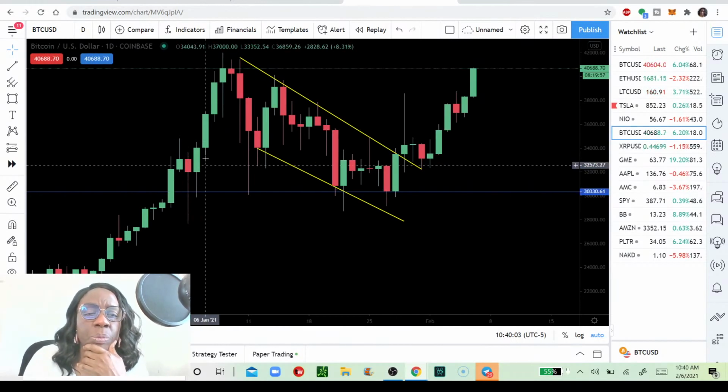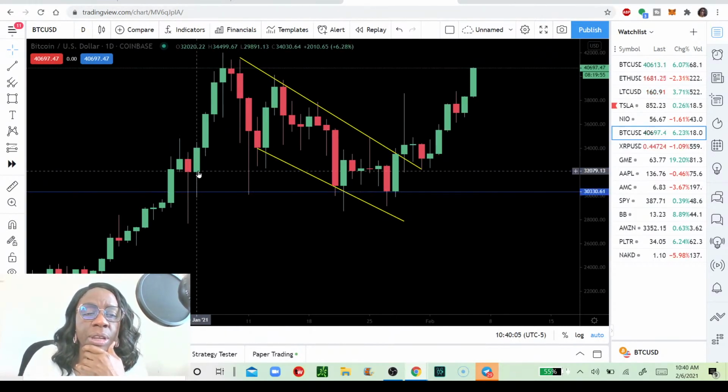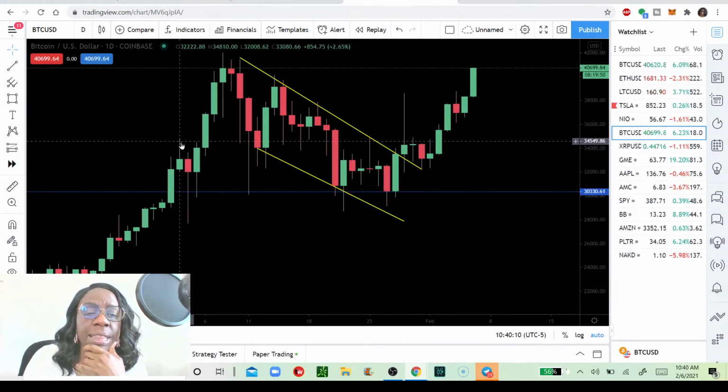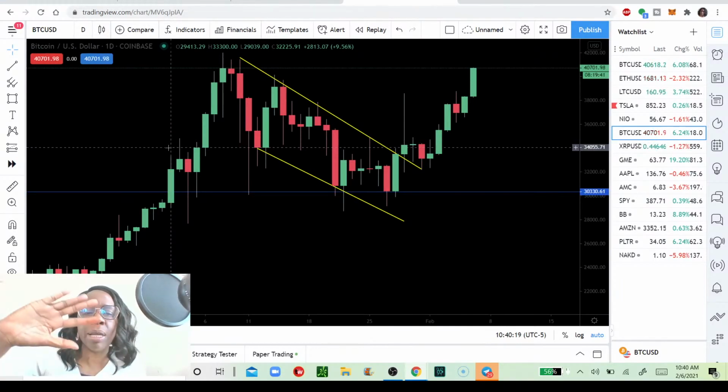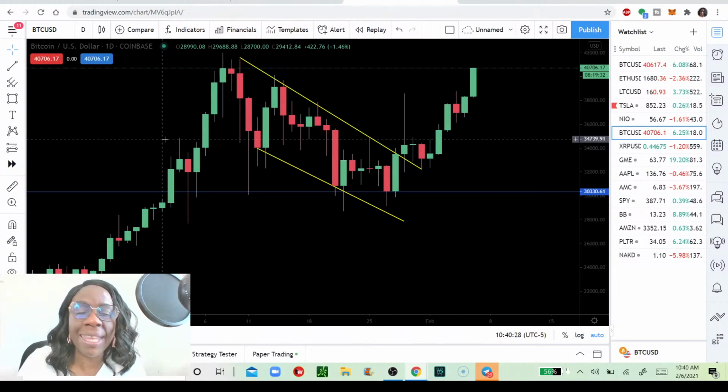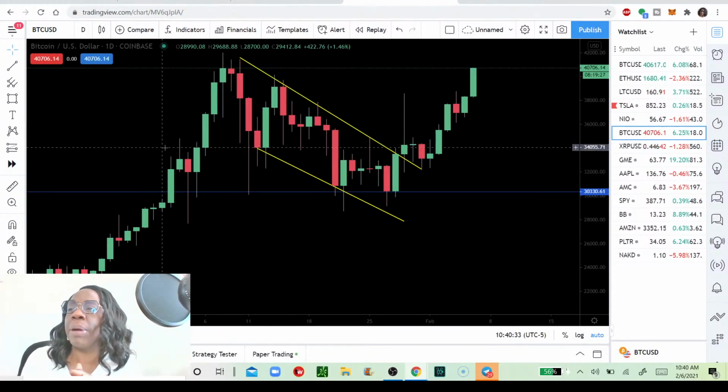Because if we look at these bullish candlesticks, if I enter the trade at this point, because guys, bear in mind at this point where I have this horizontal dotted white line, the candlestick was a big green rectangular candlestick. But what happened is within the period of a day, price got to the top and then it retraced, it came back. If I buy at this point, I'm going to be buying at a loss,